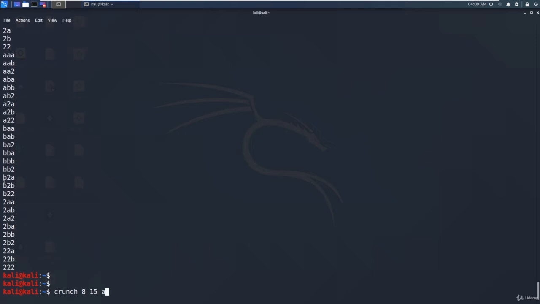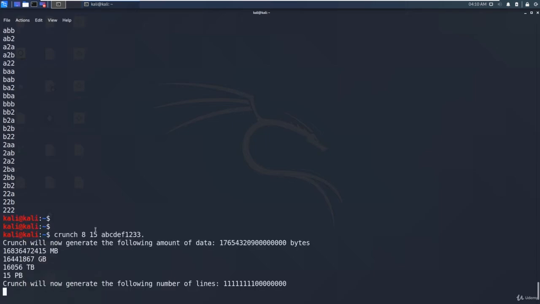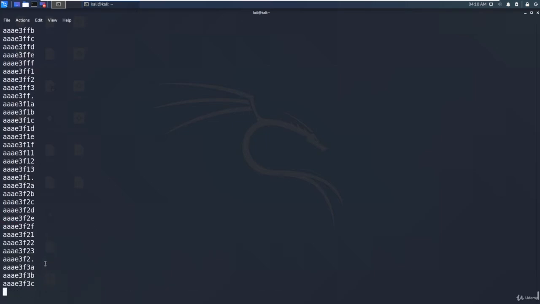Let's say sample, ABCDEF 1 2 3 4 and a special character. Now you can see this much. So let me stop this, otherwise my laptop will hang. So it will create that much amount of the word list with the minimum character size 8 and maximum 15.